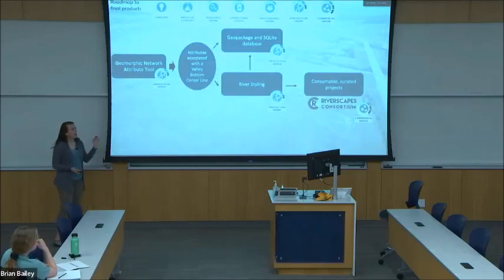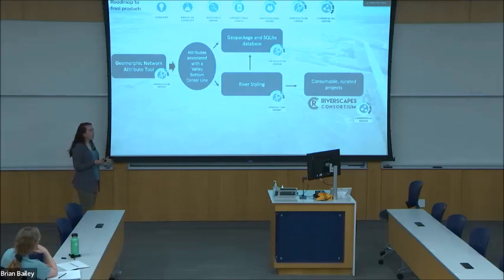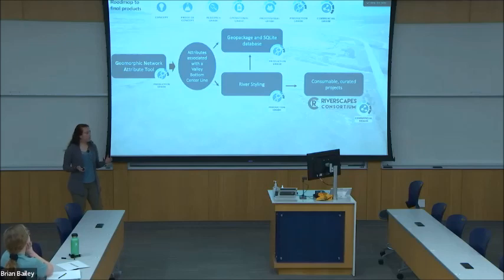So this is a very broad overview of how I'm going to be getting to this goal. Basically, I'm going to be beefing up the geomorphic network attribute tool. I'm going to be inputting relevant metrics about riverscapes from that nationally available data that will help me discern between different river styles. From there, I'll be able to extract a database, apply some rule tables to river style all of those reaches. And then the output of that is going to be consumable curated projects that anybody with web